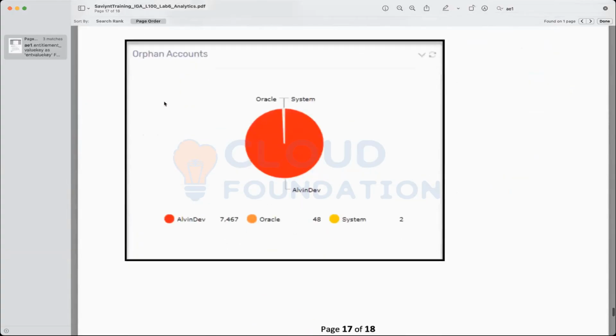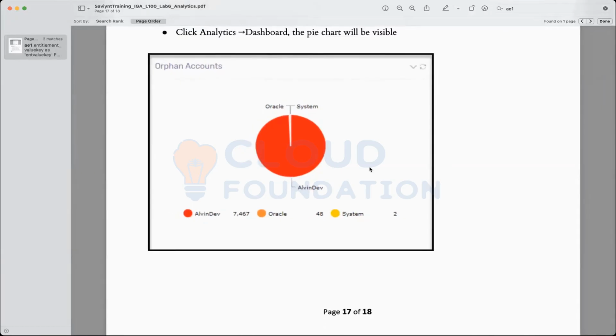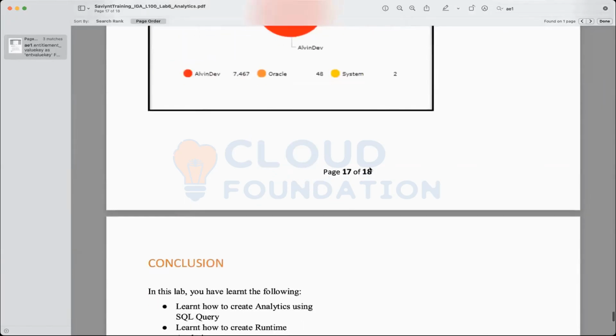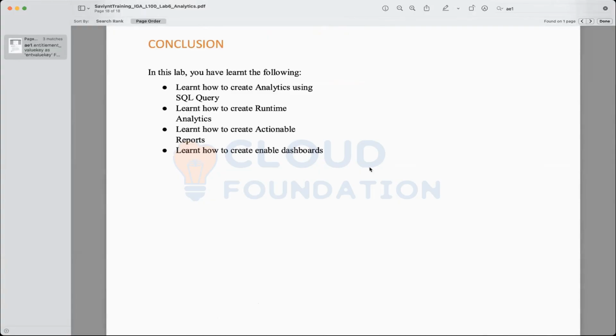Once you check mark this, you'll be able to see that in L1 Dev there are 767 orphan accounts, in Oracle there are 48 orphan accounts, and in the usual system there are 2 orphan accounts. You'll see it in a graphical manner. This is not very important, because dashboarding is used, but not as much as, let's say, analytics or other things.